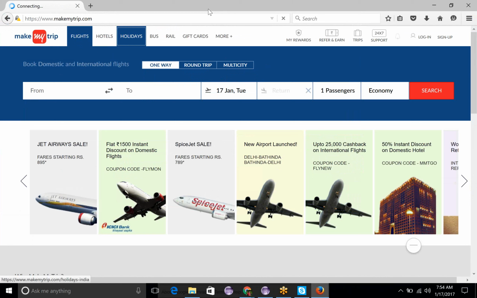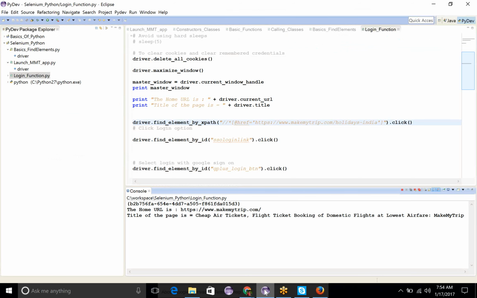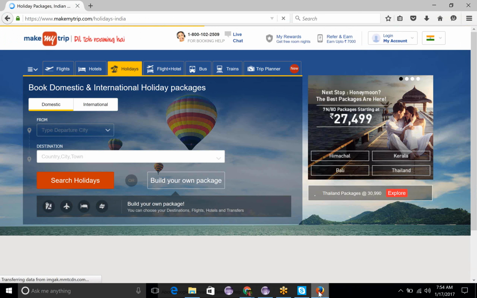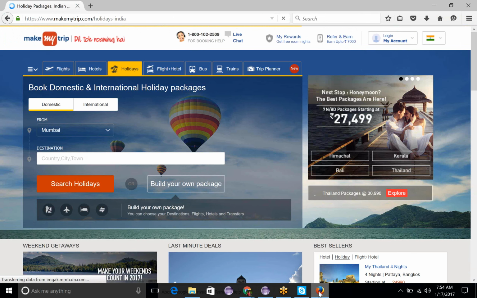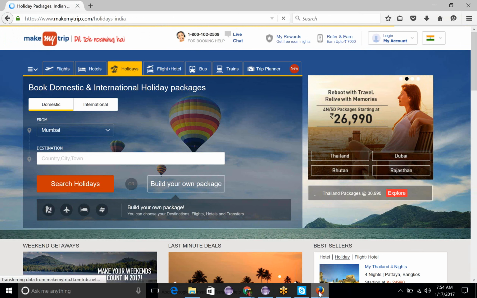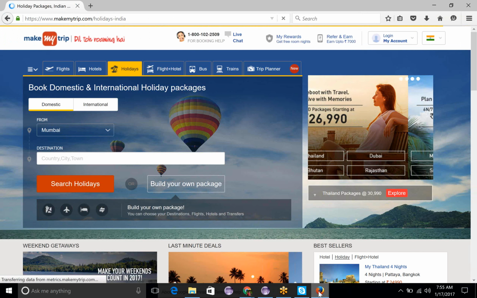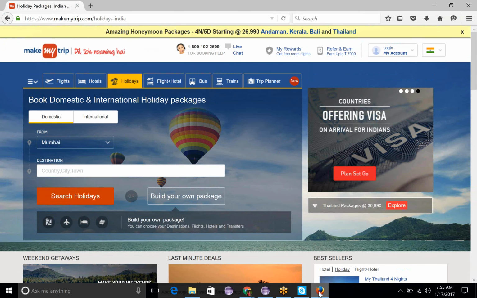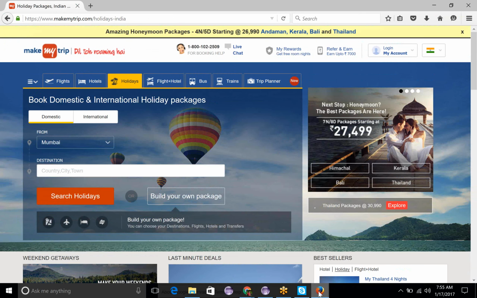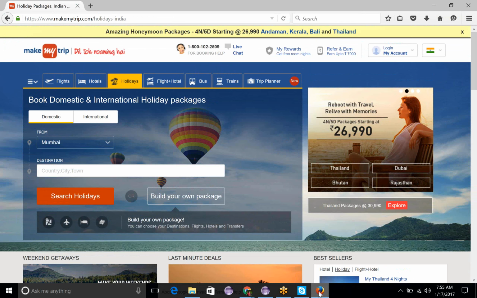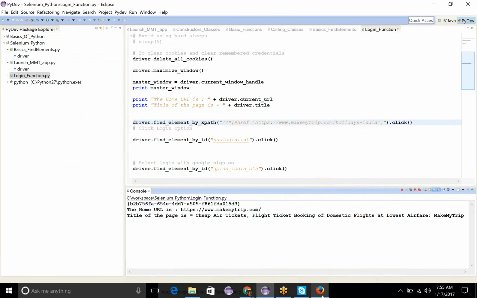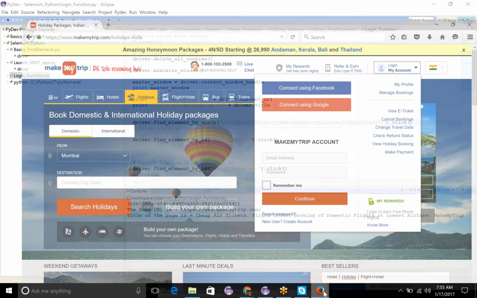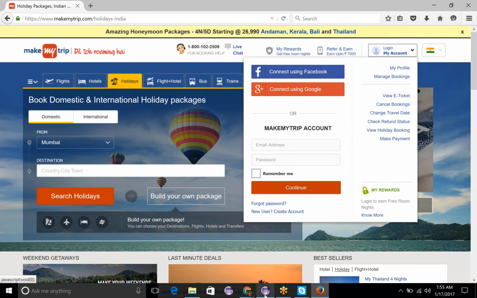Okay, so it clicked the holidays tab. Now we are expecting the login button to come up. Okay, so this is the old UI that has come up. So I'm clicking login. So here it clicked login, and then